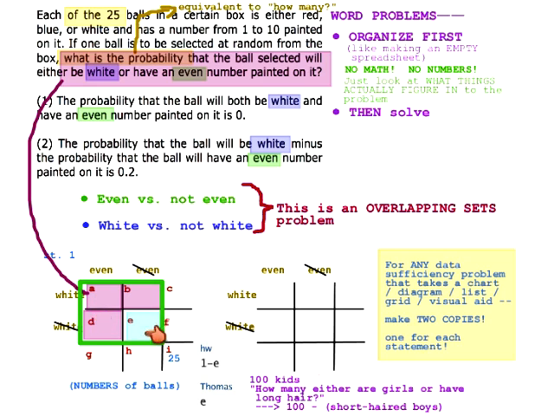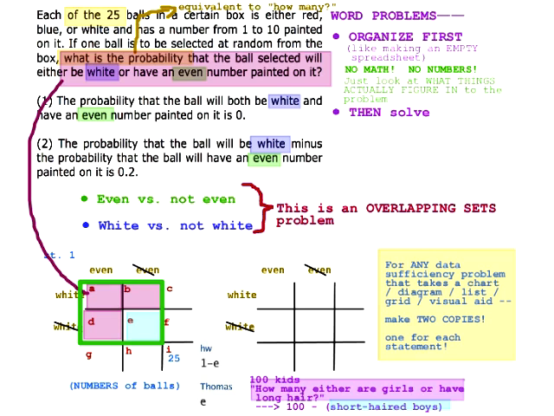So, goal is you could just find that blue box for the same reason you could just find the short-haired boys if they asked you for this compound of girls and or short hair. So, smiley face if this makes sense. Smiley face. Okay, cool. So actually this may be the hardest part of this problem, just knowing what they're even asking us for. Because that is a little bit obnoxious, right?